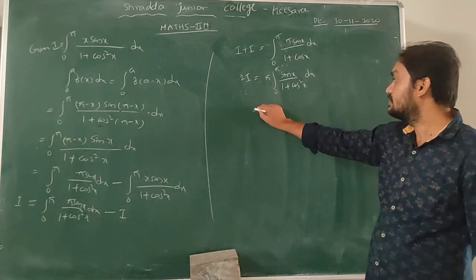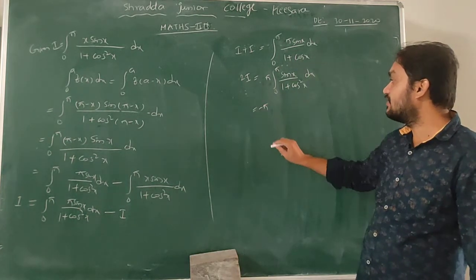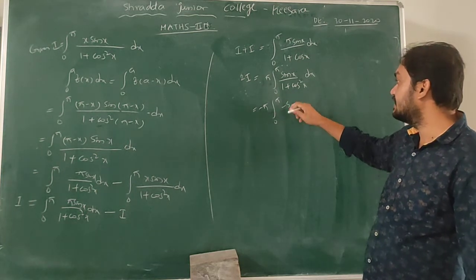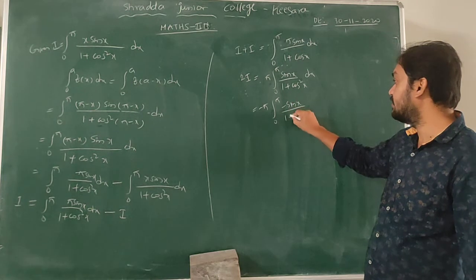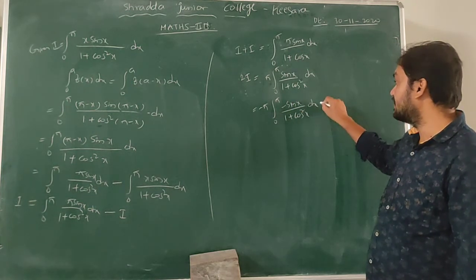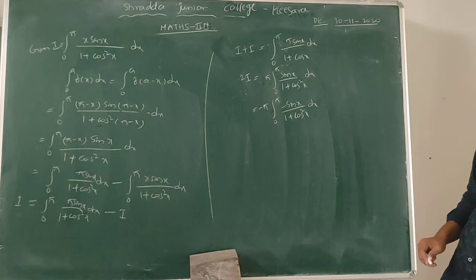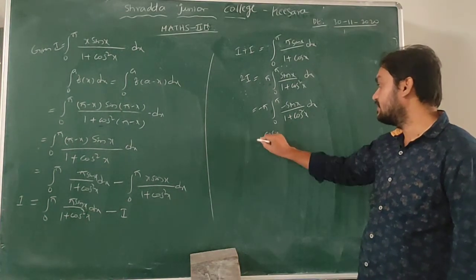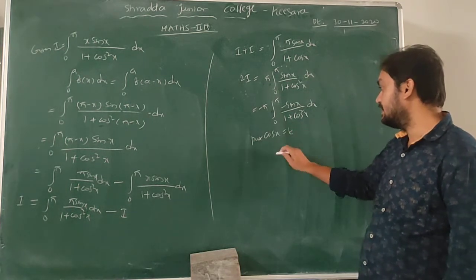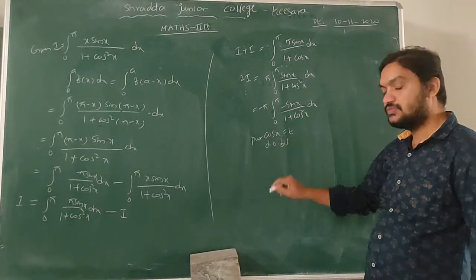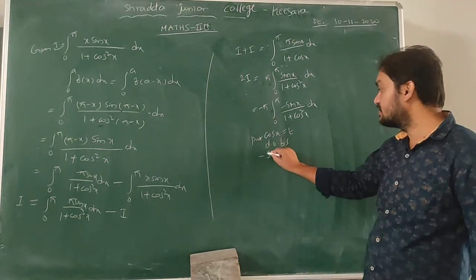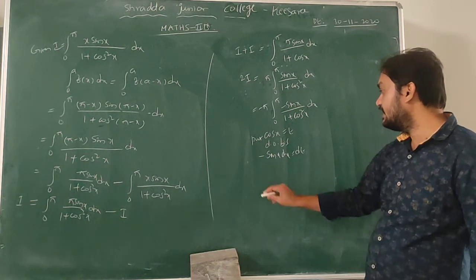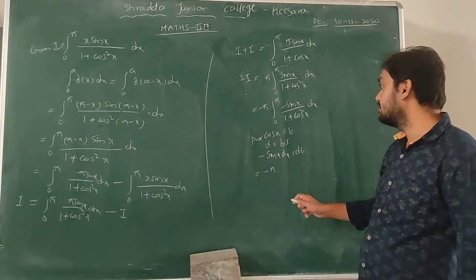Now here, plus means how can we write it? That is minus into minus. Minus pi into integration 0 to pi of minus sin x by 1 plus cos square x dx. So see here, put cos x equals t here, then differentiate on both sides. Now d by dx of cos x means what? That is minus sin x dx equals what? That is dt. Minus pi.